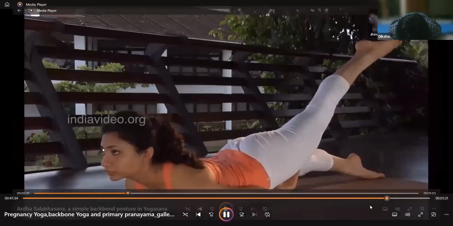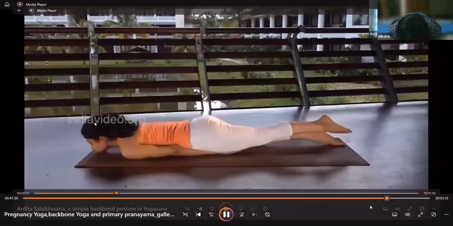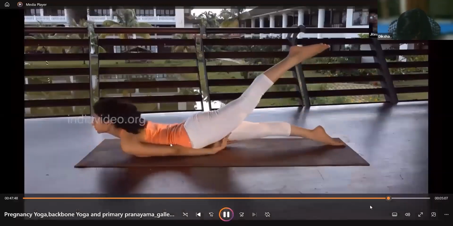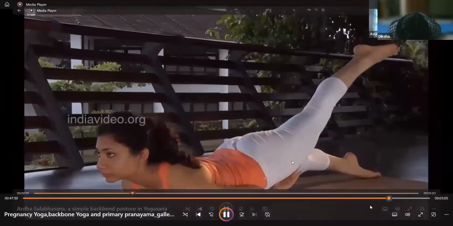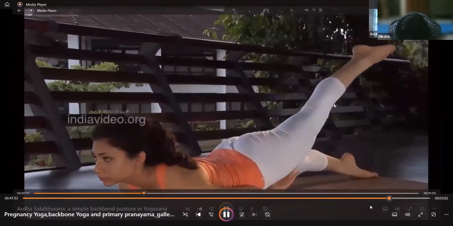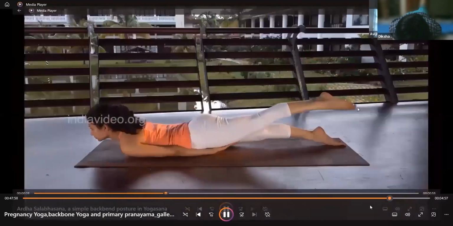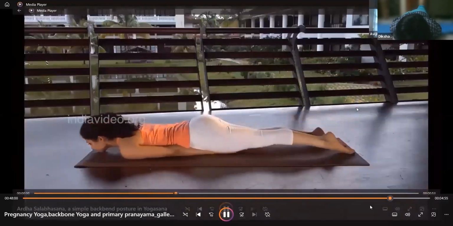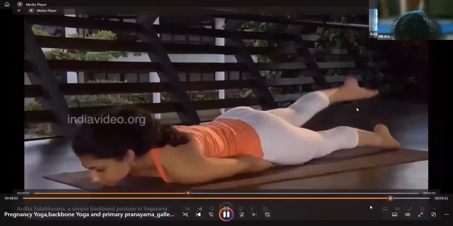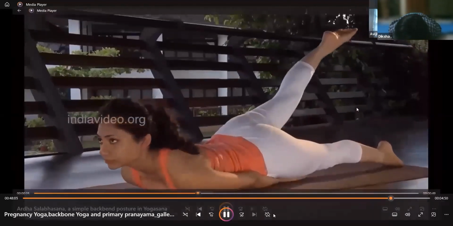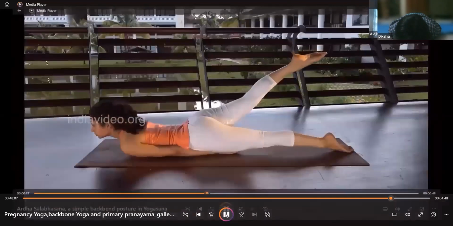In this position, you have to stay and ignore this movement. Ignore this movement. Just this movement is correct. Keeping the hands beneath the body and chin pushed forward. Inhale and raise your right leg up as high as possible. Now, bring down the leg gently and repeat the process with the other leg. Remember to keep your hips